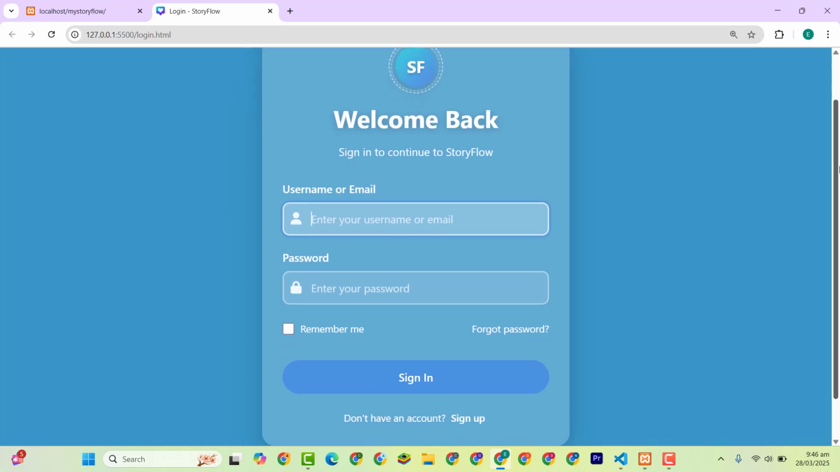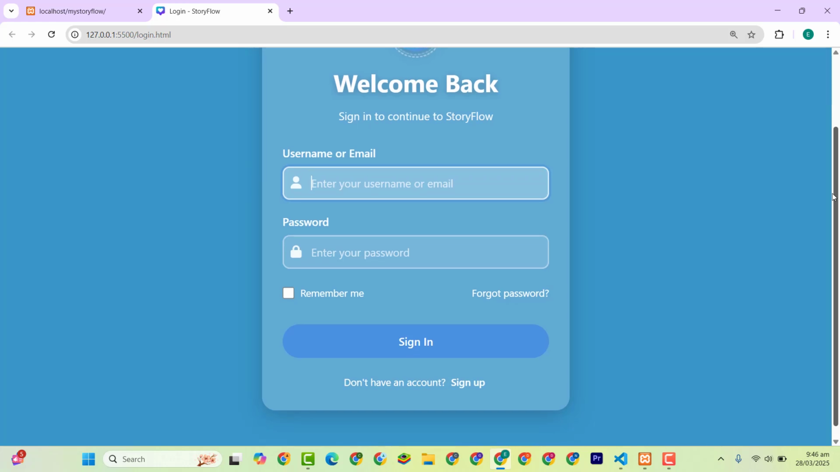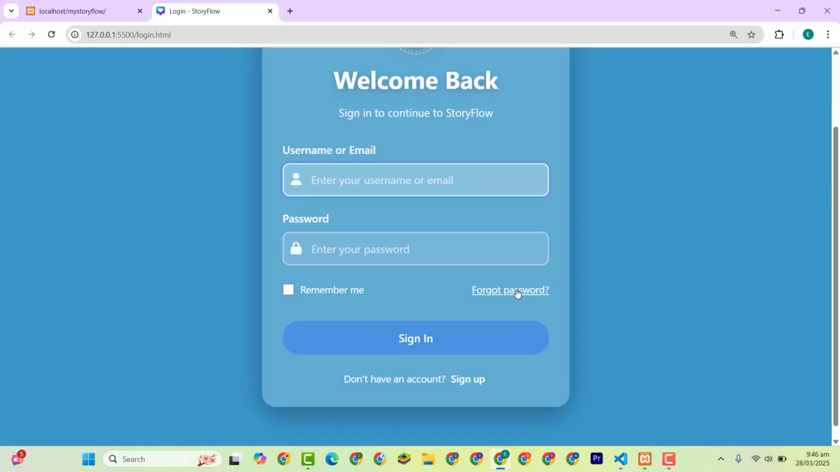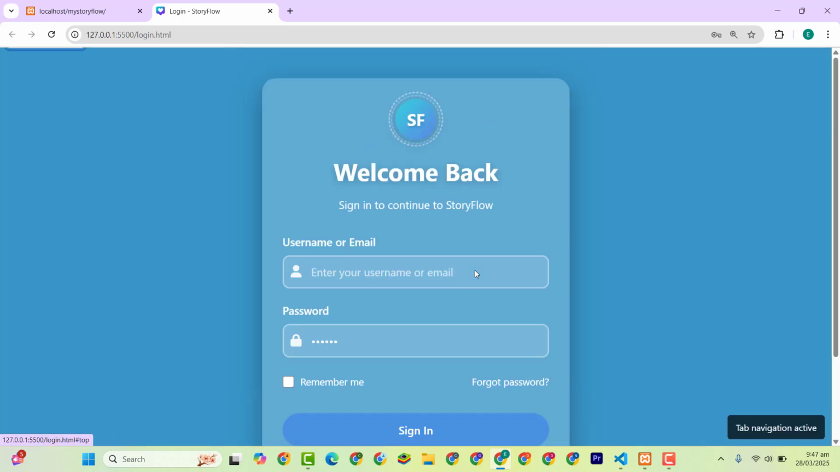We have the username and email, password, and also we have forget password, remember me, then the sign in, and we also have sign up. As you can see, I have the functionality to enter something here. Not only that, we also have tab keyboard navigation, so the ability for the user to navigate using the keyboard. When I press the tab key, as you can see over here, I have the functionality to navigate the